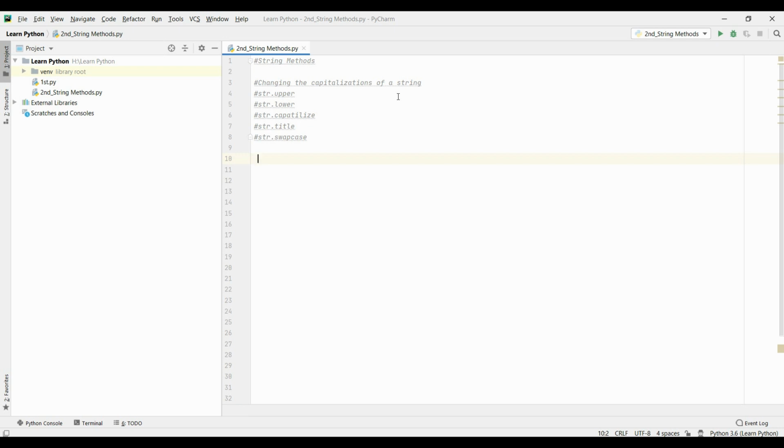Today we will talk about Python string methods. First of all, we have changing the capitalization of a string. For this there are these functions: string.upper, .lower, .capitalize, .title and .swapcase. For example, we have a string s equals,